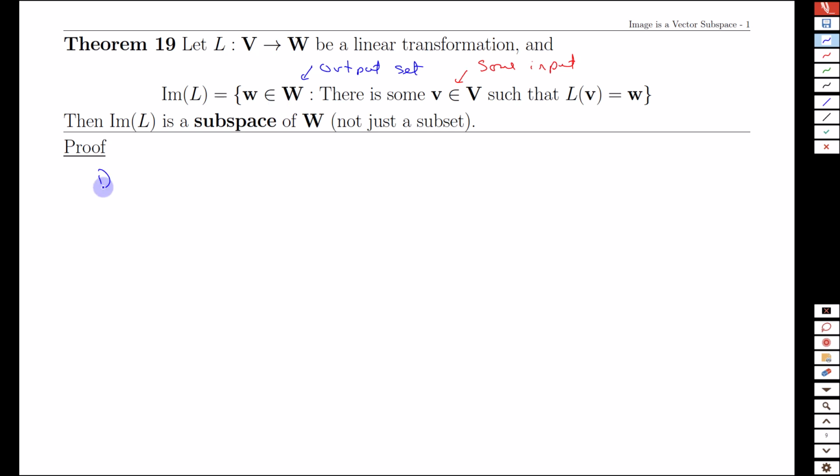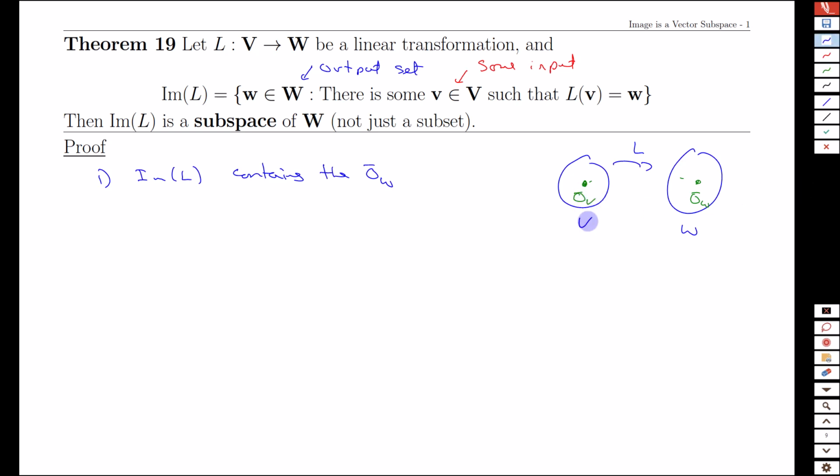So again, our criteria for a subspace is that the image of L contains the zero vector in W, because the image of L is about points in the output space. And so if we just think about our W space here for a moment, and we think back to the transform, if I have the 0 point here, how can I map to the 0 point there? Well, we know this from linear transforms. If I take a 0 in the input space, it always maps to the 0 in the output space. We proved that earlier,